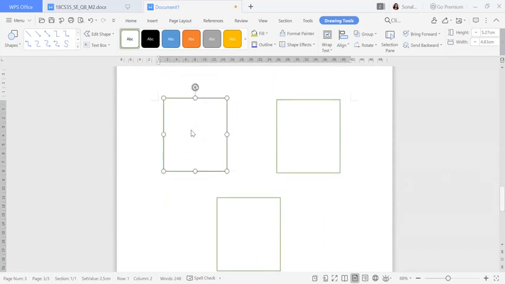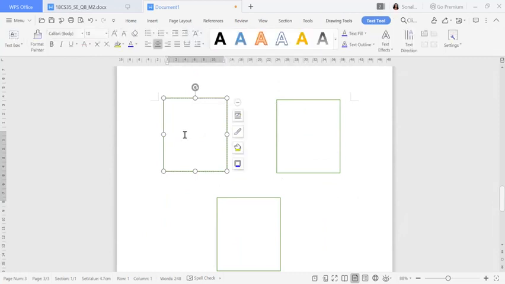So in the first case I have to write about the student. I'll write student, I just increase the font size. Once I have written about the student, then about the student also I need to write.